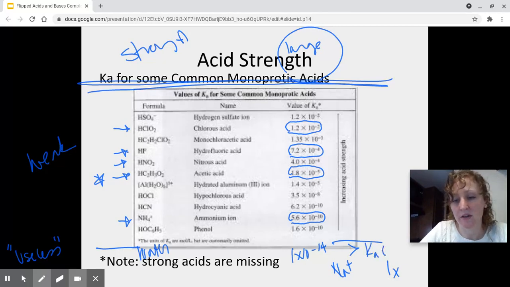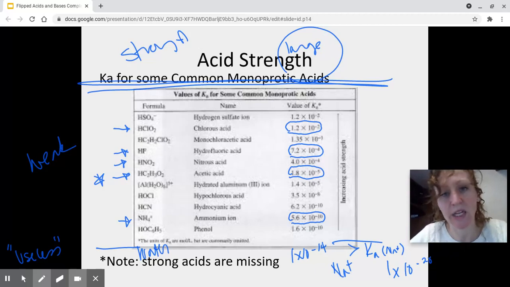The Ka for Na+, we could make it up, 1 × 10 to the -20, for example, would be a reasonable Ka for the Na+ ion,